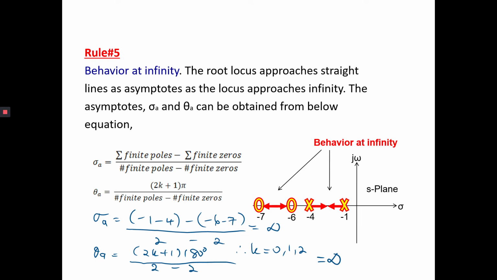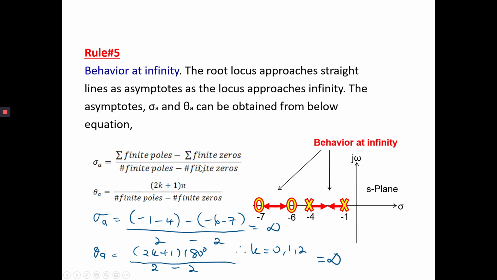Rule number 5 is behavior at infinity. The root locus approaches straight lines as asymptotes as the locus approaches infinity. The asymptote sigma A and theta A can be obtained from the equation below, where sigma A is equal to the summation of finite poles, the value of the poles, minus the summation of finite zeros, the value of the